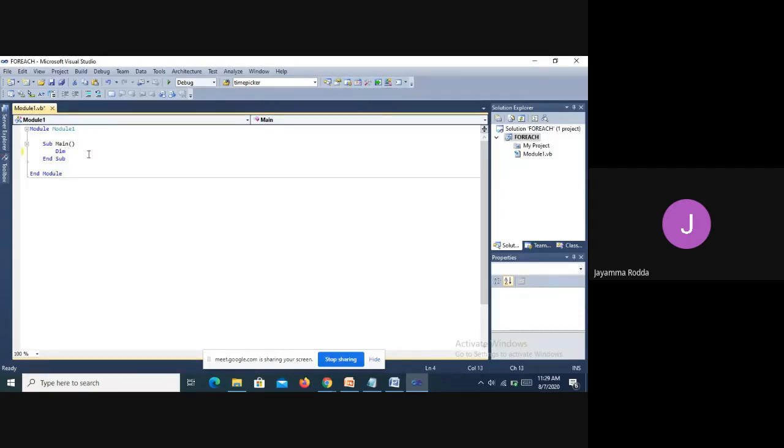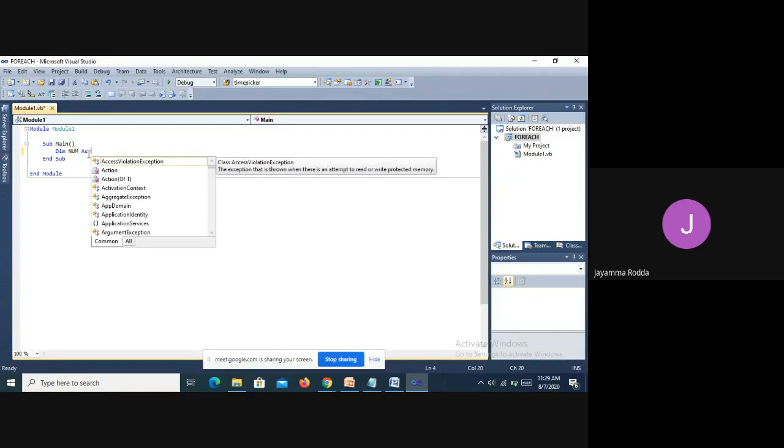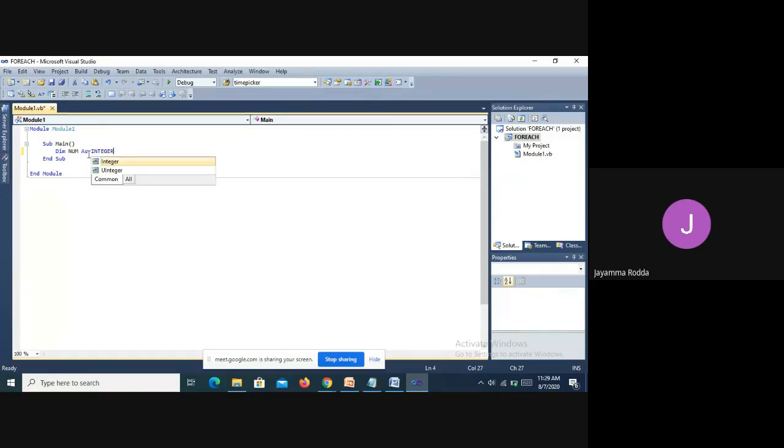Dim num as integer. Until now we have been creating the variables simply. The statements are written like this, dim num as integer, and then the next list of statements are created. But here we have to give the array.